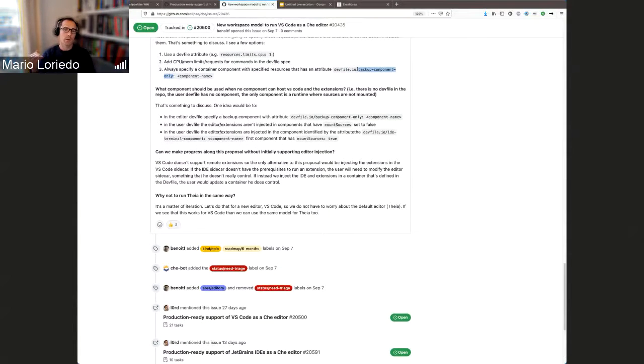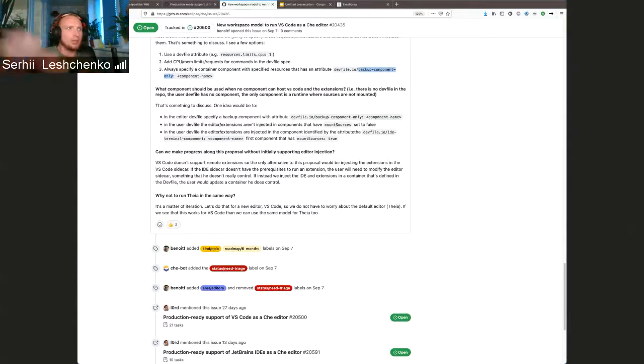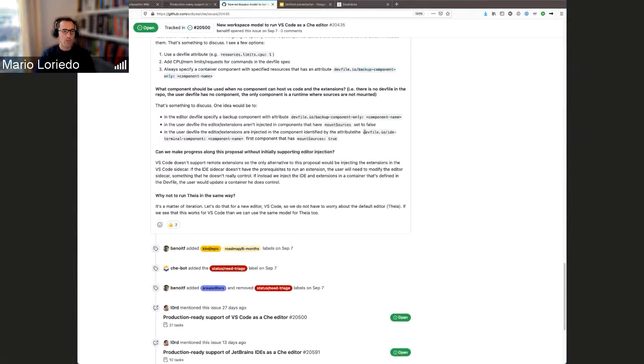So we can put an attribute saying this is a component that you can use if there is no other IDE terminal component that exists in the dev file. Yeah, but we don't have a notion of IDE on dev workspace level to determine if there is an IDE or not. So we could add an attribute like IDE terminal component,